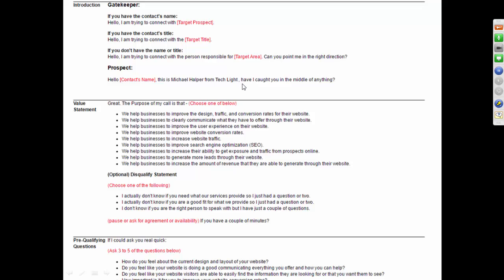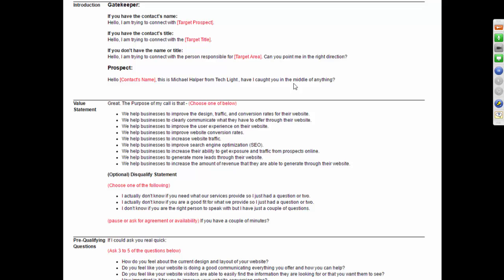In our methodology, we recommend you ask, have I caught you in the middle of anything, if you're doing phone prospecting. I think this reinforces the consultative selling angle, as opposed to product selling. Now, I know there are a lot of salespeople out there who don't agree with this. They think, don't ask them if they're available, because we know they're always busy and you're giving them an opportunity to give you an objection. What I would say to that is, yes, we can assume that they're busy. If they're extremely busy, then I'm not going to try to go into my consultative sales conversation and ask them questions if they're in the middle of a meeting.